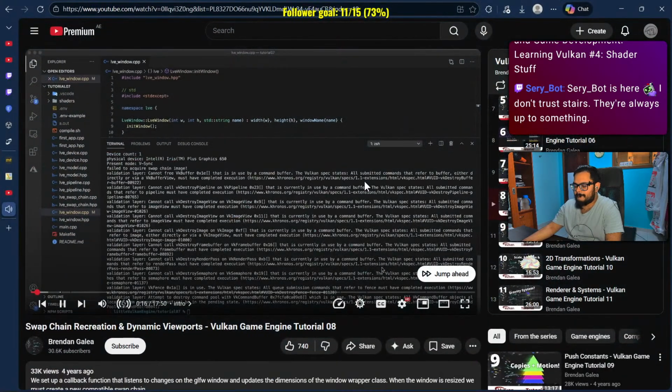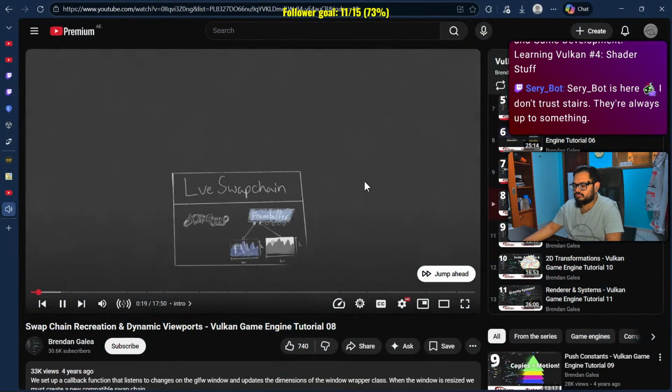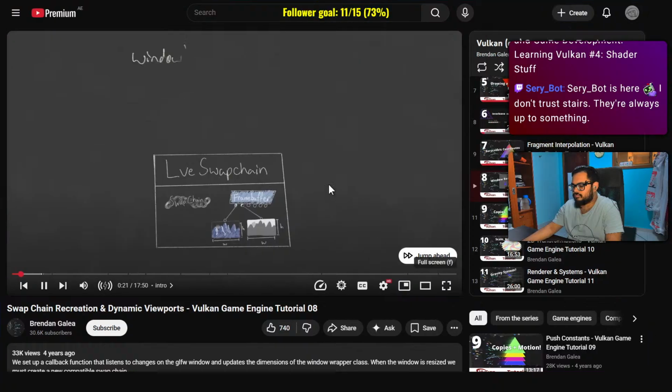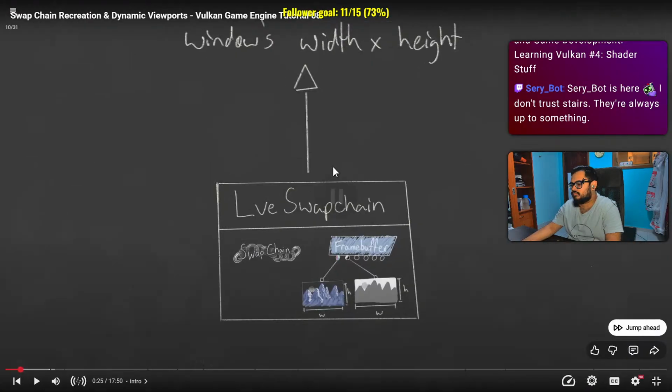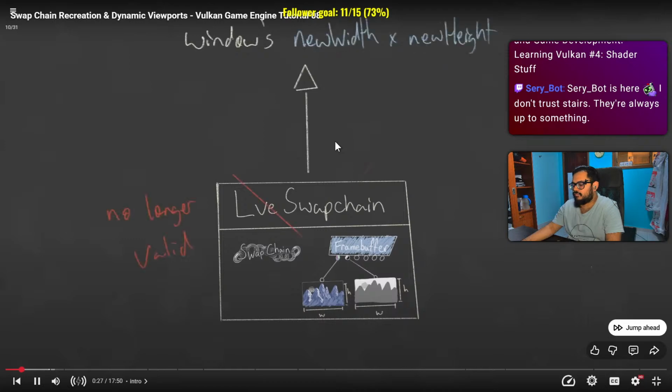Because the LVE swap chain class encapsulates a Vulkan swap chain, frame buffers, and color and depth attachments. All of these objects have a fixed size once created, equal to the size of the window. Therefore, whenever we